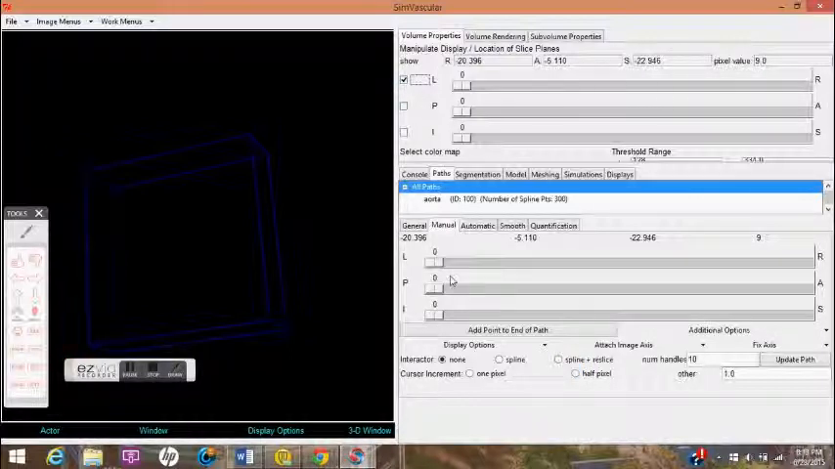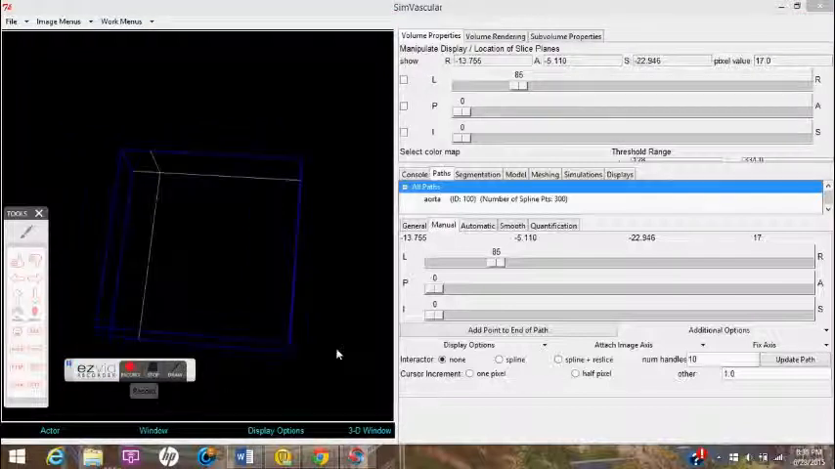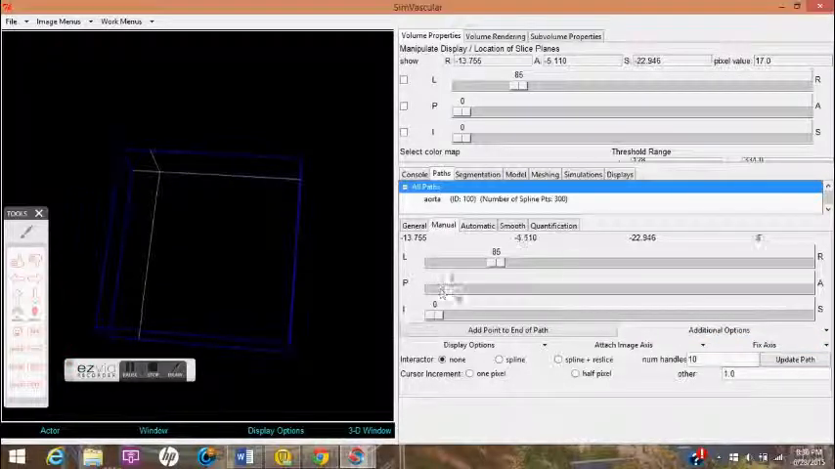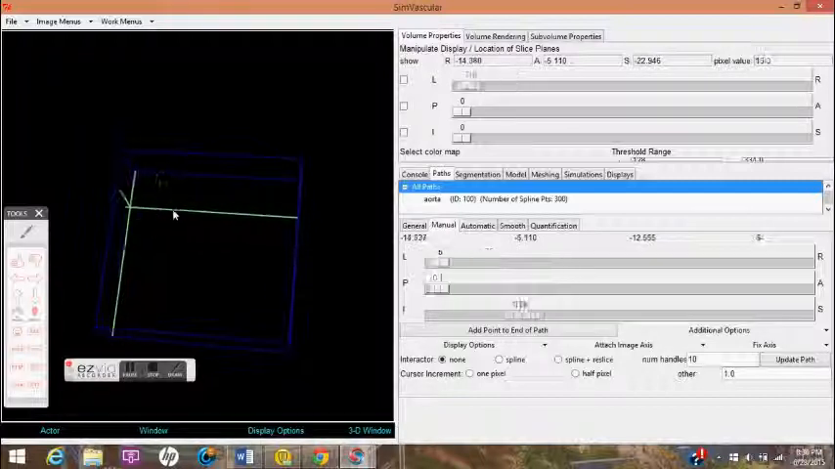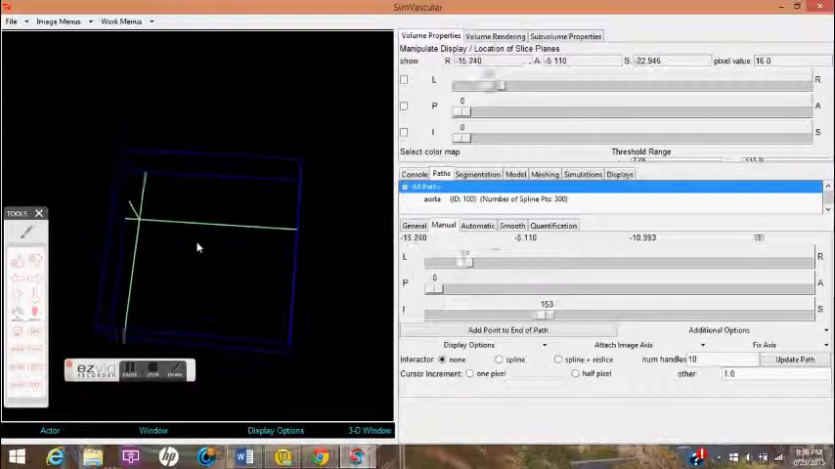We're attaching an image axis there. We go R for the top one. We adjust the sliding bar under manual. I'm going to put it to around 84, 85. So you can see there it is. These are set values in the SimVascular tutorial, and this is showing how to attach an image axis